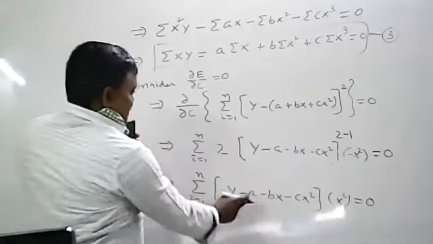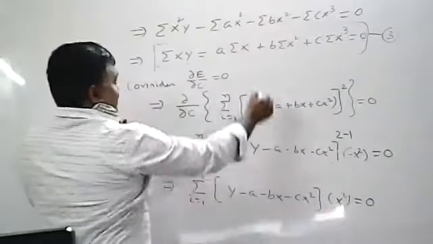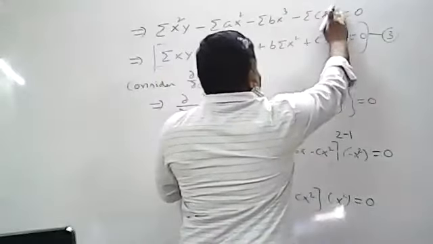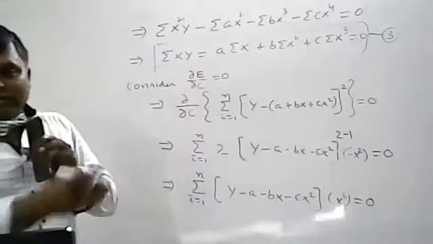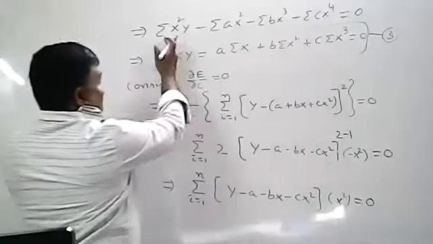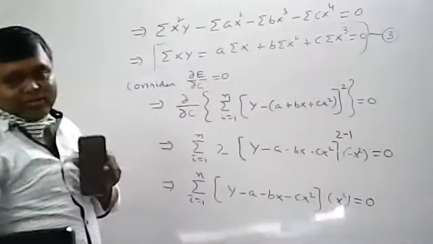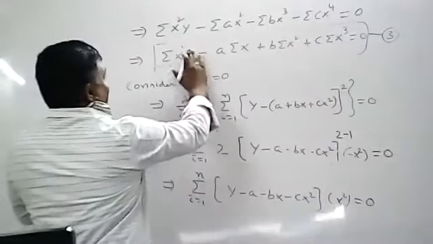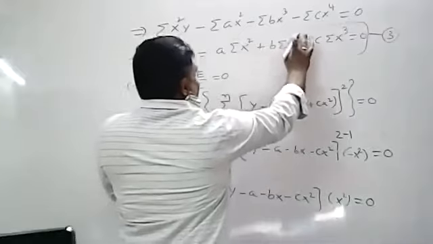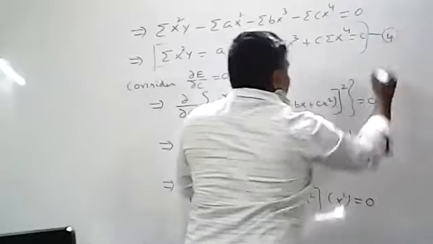And then the second term, minus a summation, that means summation minus a into x square. Third term, minus summation bx cube, minus summation cx power 4. One power will increase, that is the only thing. So that means, send the remaining terms to that side, y terms on one side. Only the first term has y; in the remaining terms y is not there. You can send the values to the other side. That means what you will get? Summation x square y is equal to a summation x square plus b summation x cube plus c summation x power 4. Equation number 4.